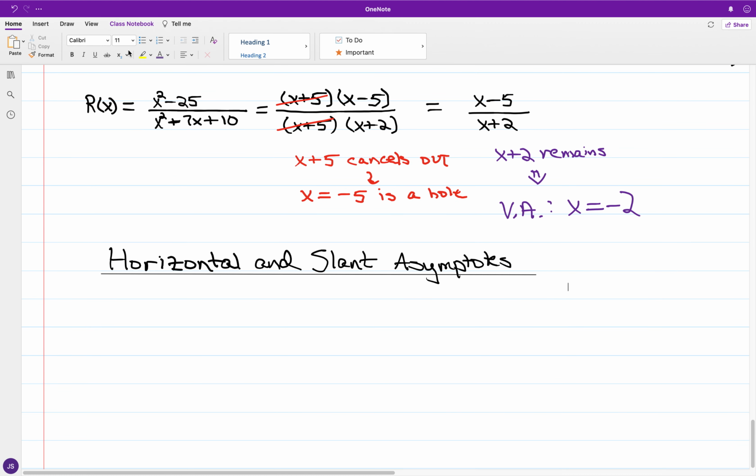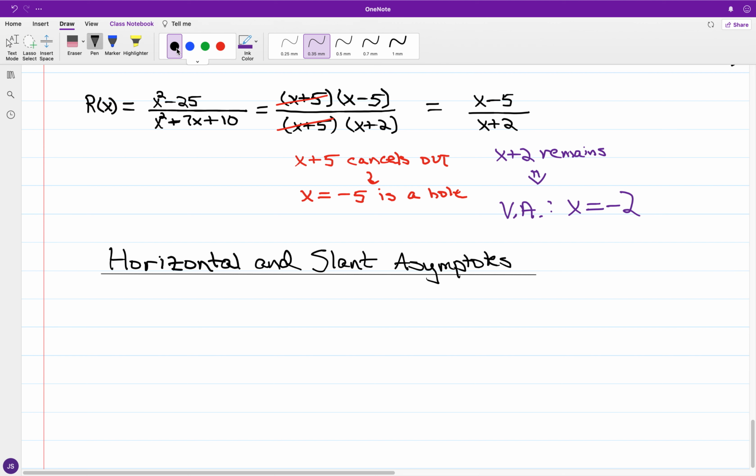It's kind of going back, and we'll use a couple of theoretical notations for a rational function,